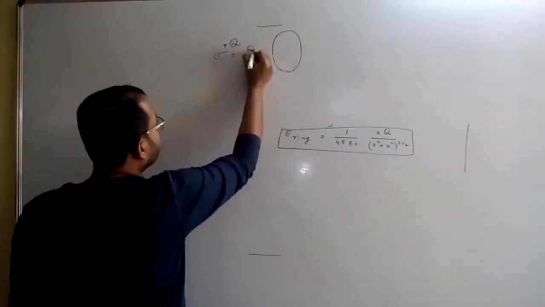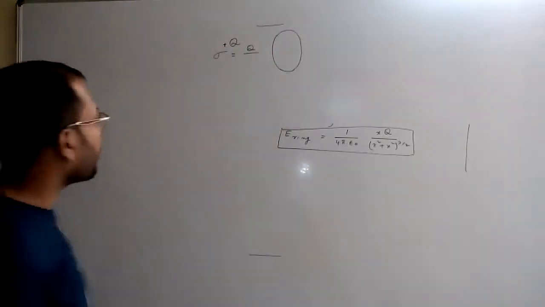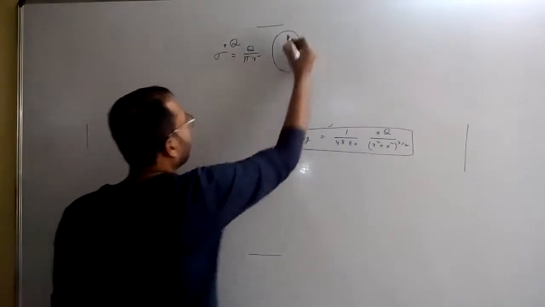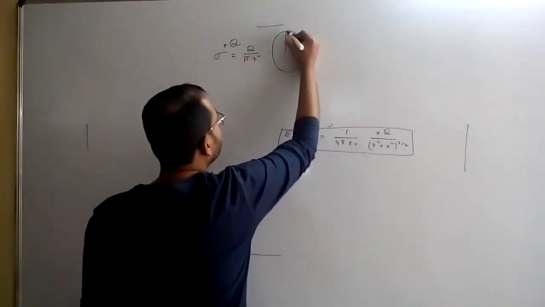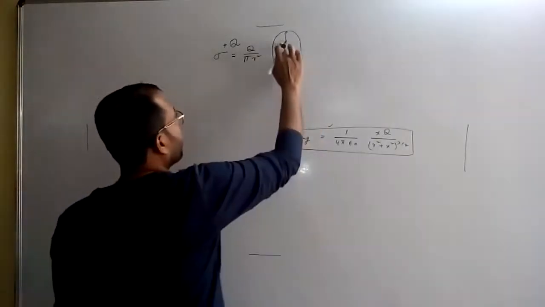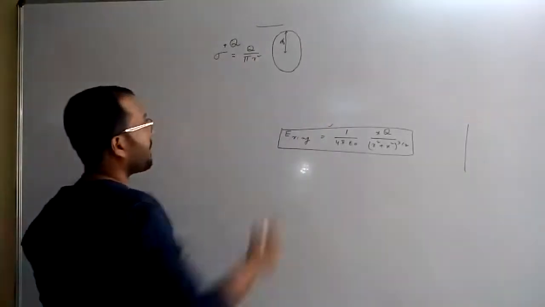And surface charge density, in this case it's constant because the charge distribution is uniform, is Q divided by pi r squared, r being the radius of the disk